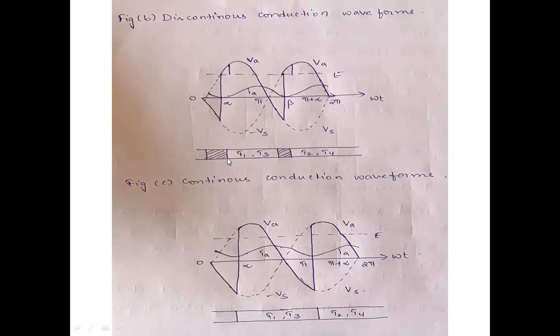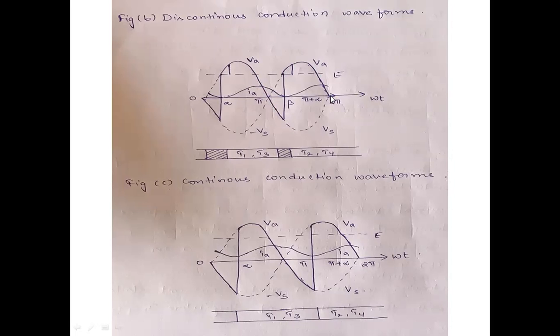So at the time of T1 and T3 conduction, this VA will be starting from alpha. See, like this. And at the peak value, this will be against IA. So this will be dropping and equals to 0. At that time, current will be prolonging to beta. So at beta again, this will start a negative peak, and the negative peak will be increasing and going to the positive value. So again here T2 and T4 conduct. So VA exists here until 2 pi. Okay, so this is discontinuous conduction mode.